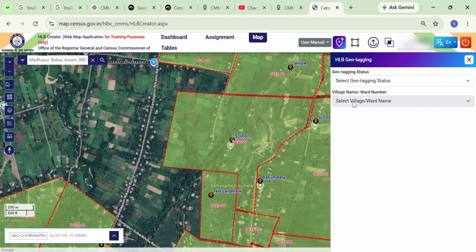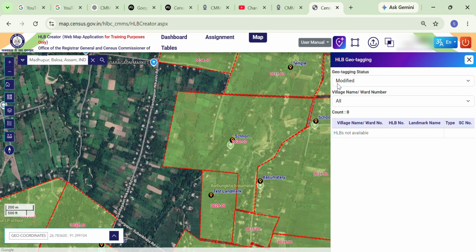This is basically the meaning of all these drop-down menus, right? Similarly here also, these are the options: after geotagging, for the first time we use "to be geotagged". If we keep the geotag in progress, then it will show in progress. If it is completed, then it will show in completed. Let's say we want to see which geotags are completed, and see, there are so many geotags which are already completed. Got it? And after completion, if we want to modify it, then we will use modified also.